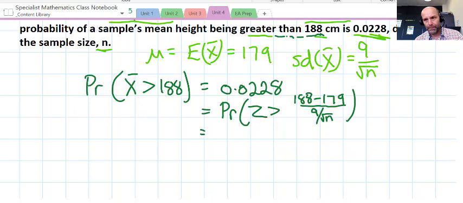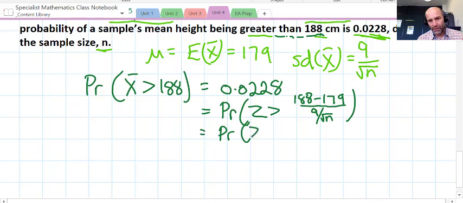Then we have a little bit of simplification. 188 take 179 is conveniently 9. You won't always get numbers as convenient as that. And you'll have 9 over 9 on root n, and if you think about how division by fractions works, the 9's will cancel out and you'll just have square root of n here. You might need to work that through yourself if you can't see it, but that certainly is right. And that equals